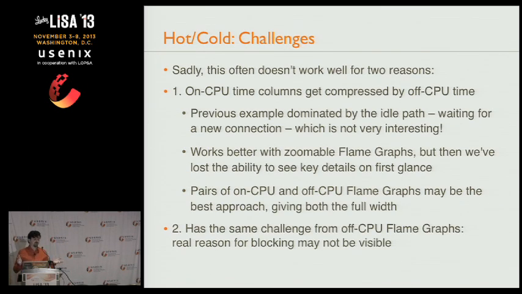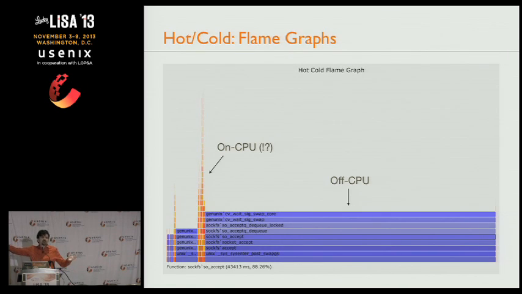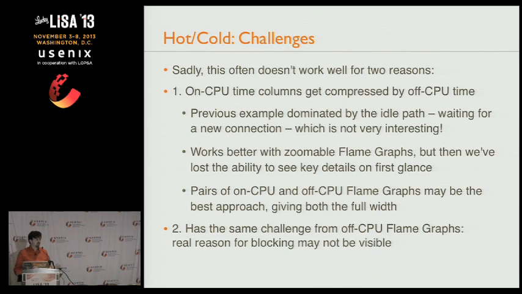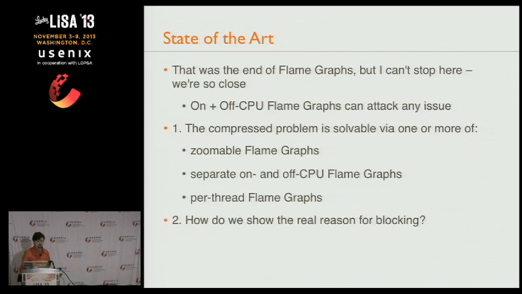And the other problem with hot-cold flame graphs is that with off-CPU, you have the same problem. You can't tell. So here, we're waiting on conditional variables again. Curse those conditional variables. We should delete all conditional variables. Code would go so much faster if we weren't spending time in conditional variables. The problem is they don't explain why we're waiting. A conditional variable means I'm waiting on someone else. So same problem. Not as exciting as it sounded.